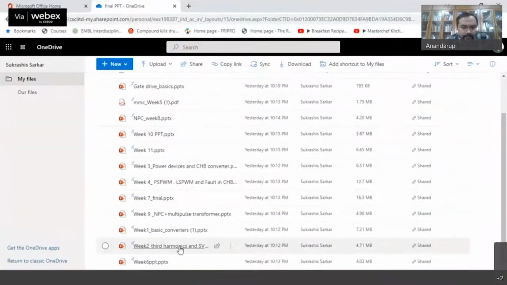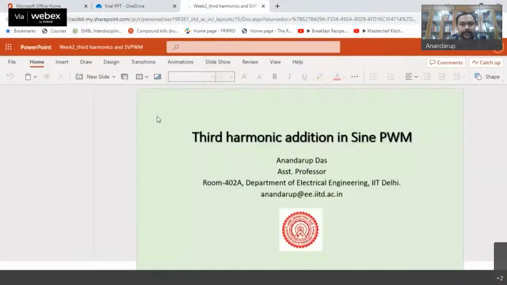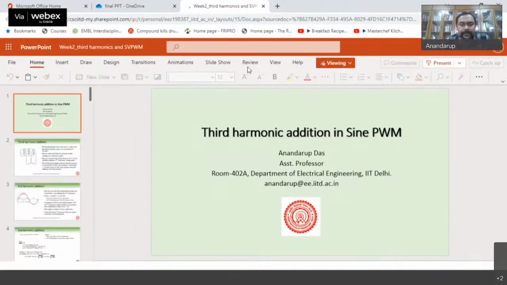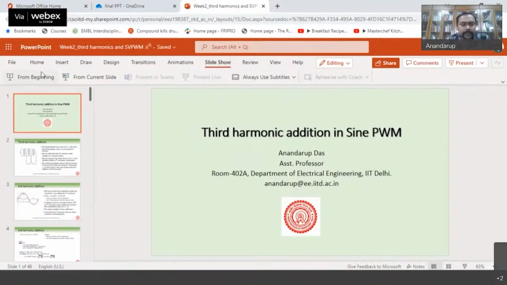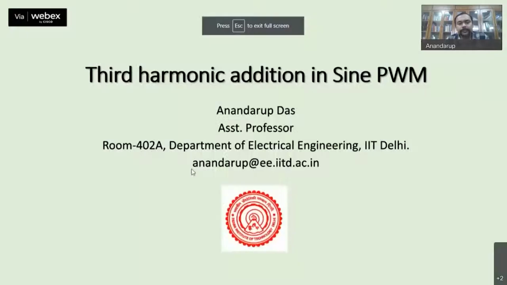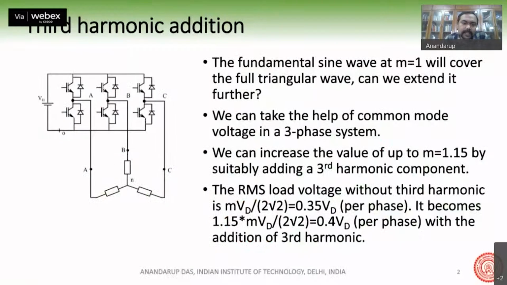Next, we will have the third harmonic one. So then we have this third harmonic addition with sine PWM. In this, we said that we can actually add a third harmonic to the fundamental voltage. And when we add the third harmonic, this is because the load is star connected,